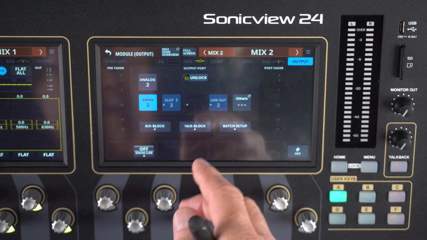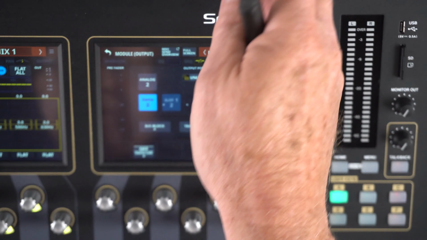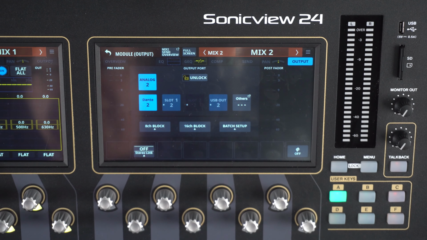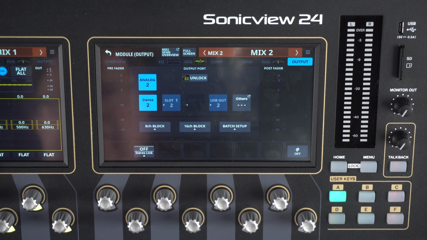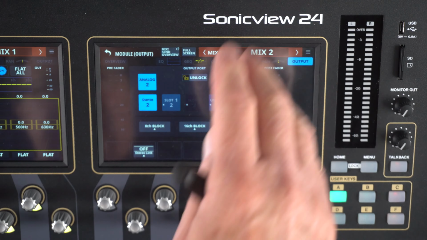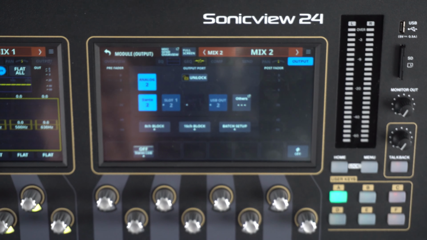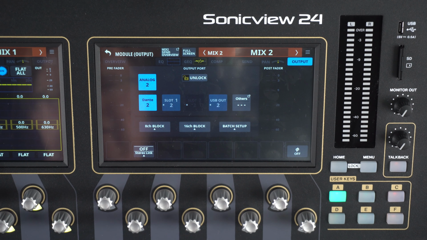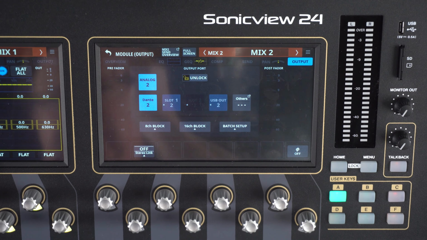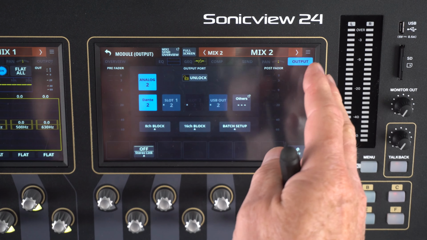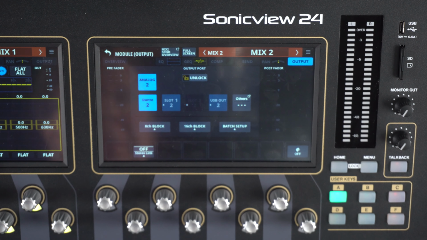And send that to analog output 2, which I'm doing. I just turned that on. And also you have Dante and other things that you can flow that out to if you're using a stage box. The Dante, it'll go to output 2 on, like, our SP16B stage box.